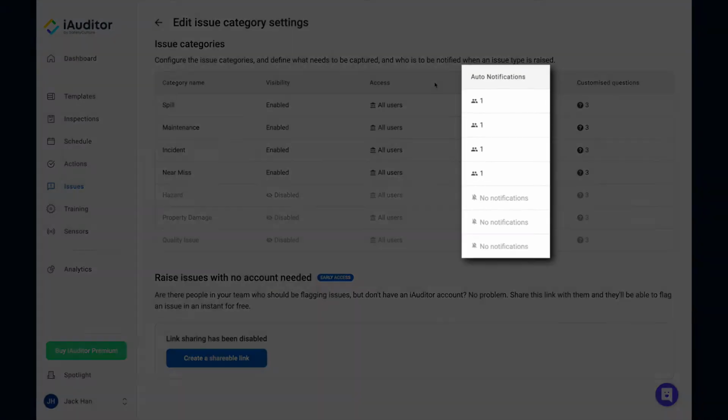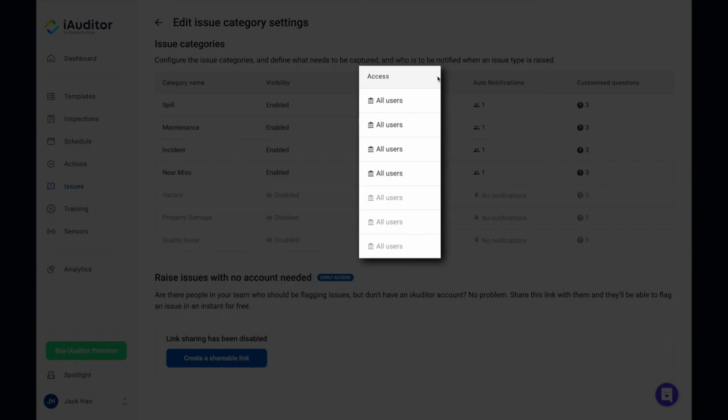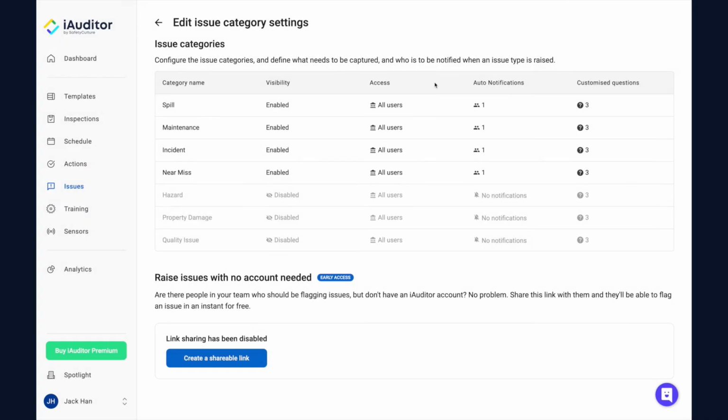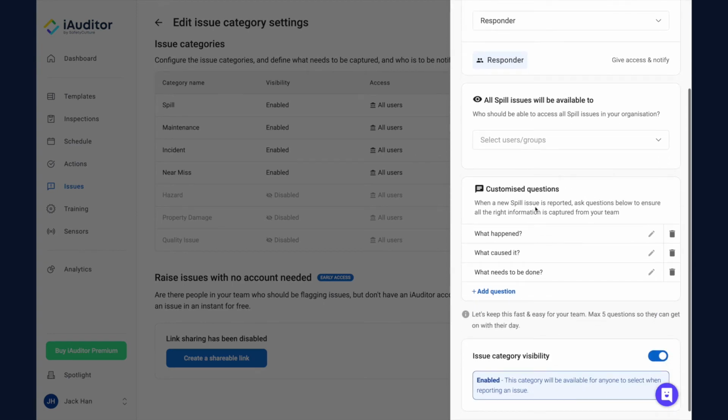Moving on from the automatic notifications, let's determine who can report and access issues from each category. As a step up from Spotlight, where incident tags are available to everyone in your team, you can restrict access to each category's issues to specific users and/or groups. Staying on the Edit Categories page, go through each category and select the users and/or groups you want to give issue access to.